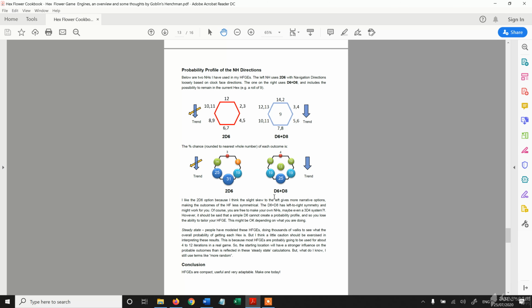probability. So this is the navigation hex that I normally use, which is just 2d6. If you roll 6, you go down that way. You move from the current hex straight down. If you roll an 8 or a 9, you go this way. Most probable event is a 7, rolling 2 6s. So here you go. This is the sort of general probability